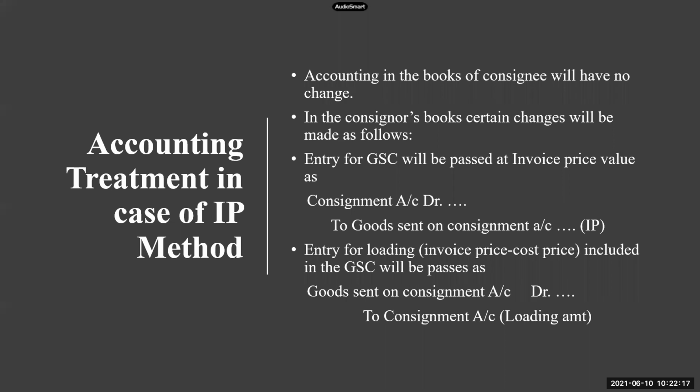And consignee will not know about this because this account is being prepared in the books of consignor. For consignee, he knows only the invoice price. Right? So that is the first change. Second change is you are taking consignment stock account on the credit side, right? Consignment stock, you are showing it on the credit side, and that consignment stock also now will be showing at invoice price. So again, there is profit amount or the loading amount included there.